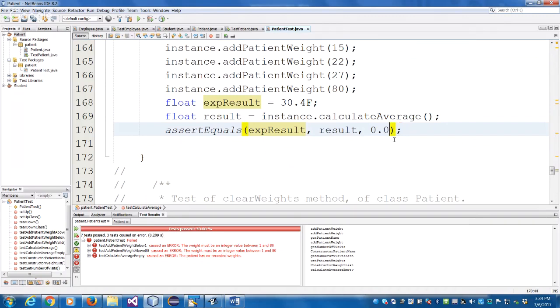I don't want to use it because I exactly know that the answer is 30. I picked up an example in which it should be a 30.4. Now when you run this again,